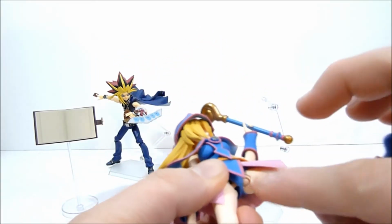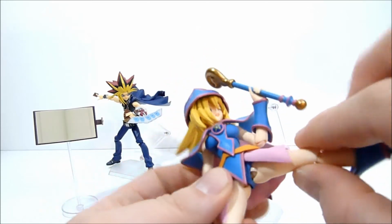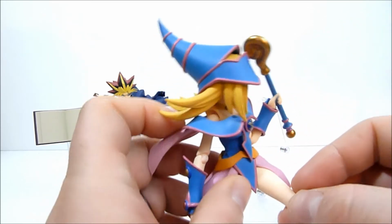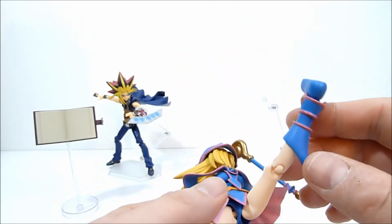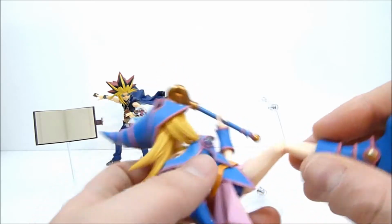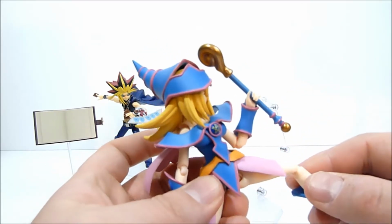They are ball jointed at the hip, and they have a swivel here. I apologize if this seems a little bit naughty, but it's just a plastic action figure. There's nothing going on here. Everybody get over themselves. So you can get those legs up very nicely and out to the side as well,